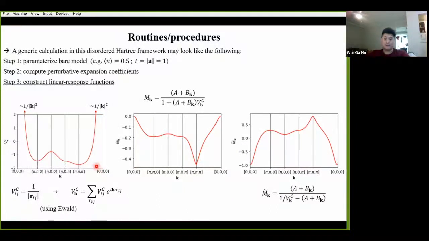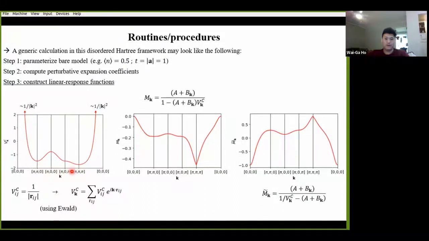However, what changes in our discrete treatment is that this profile also now has to satisfy some periodic boundary conditions in momentum space, these being set by the crystal lattice structure itself. So basically, what this means is that the standard 1 over K squared dependence is going to get modified away from the origin, and then more drastically changes towards the edges of the corner of the Brillouin zone, where it has to satisfy these boundary conditions. Anyways, that's all I'll say about this part.